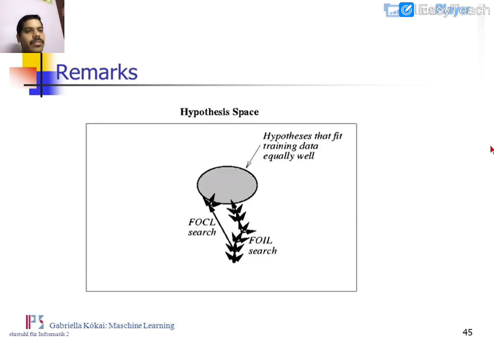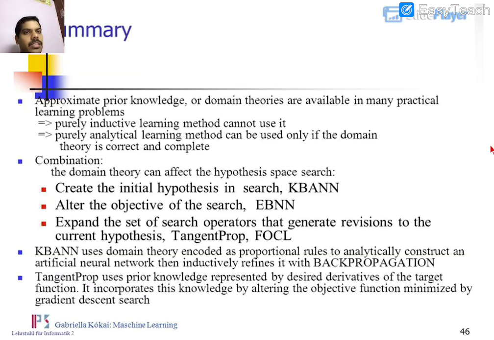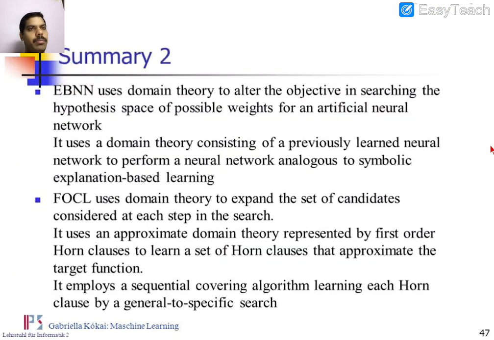And this is the way we are going to define the final hypothesis space using the FOIL search and FOCL search. And here we are going to combine the KBANN, EBNN and FOCL techniques, which are going to support us to define the system. It implements the sequential covering algorithm. And we are going to develop a specific rule which is going to give the perfect solution for the problem we concentrated on.